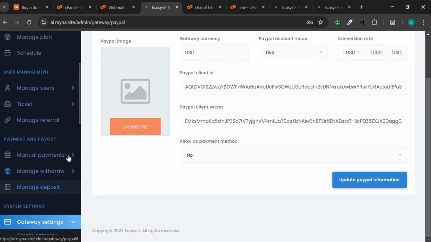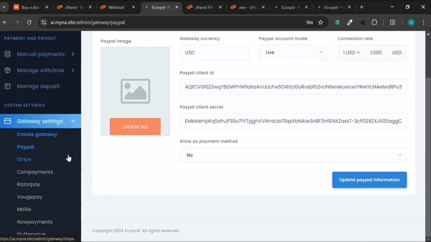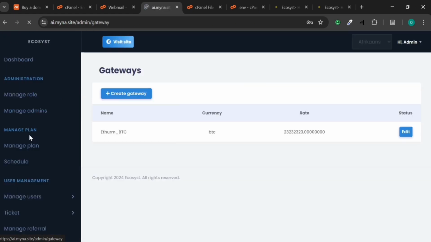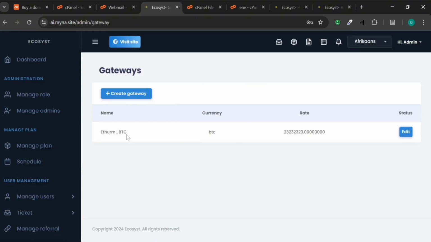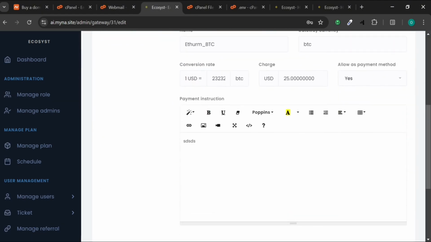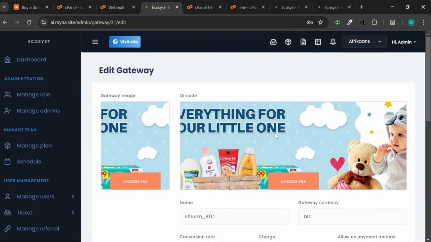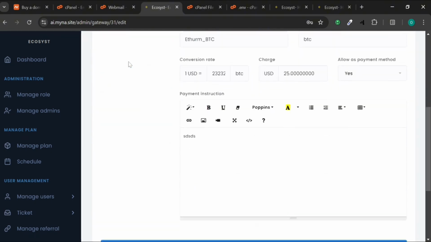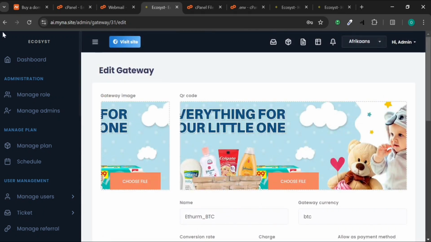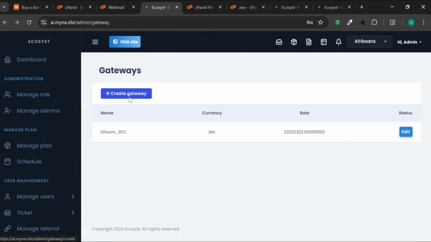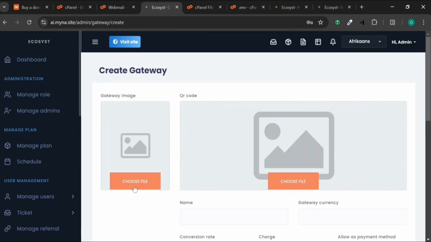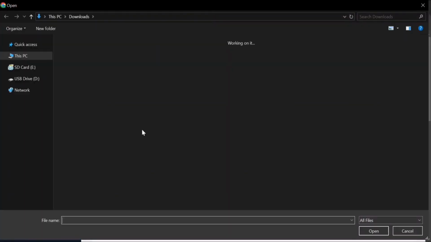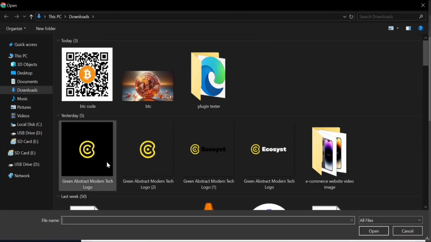So what I would do is I'm just going to show you how you can create your own payment method. So I'm just going to click on create payment gateway. Automatically there's one here. So what I want to do is click on edit. But we're not going to be using it anyways. So let's just go back. And what you want to click on is create gateway. So I'm going to choose this. And the gateway we're going to be creating is a